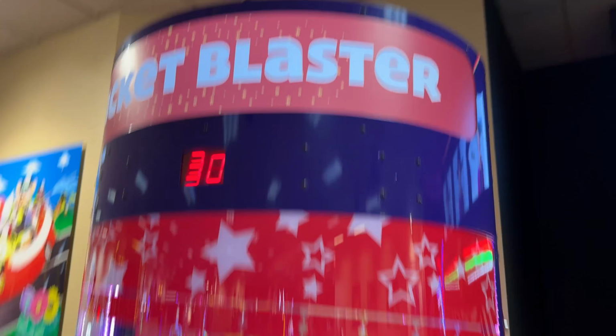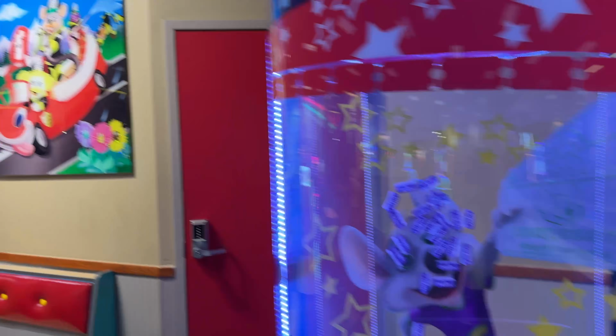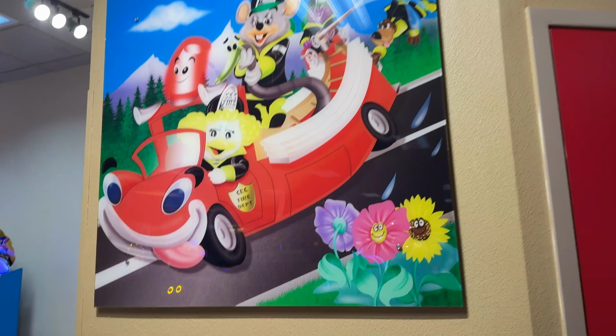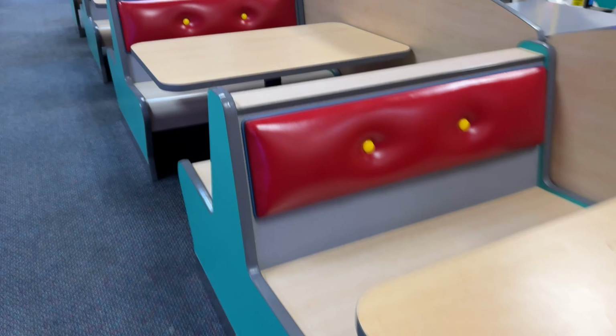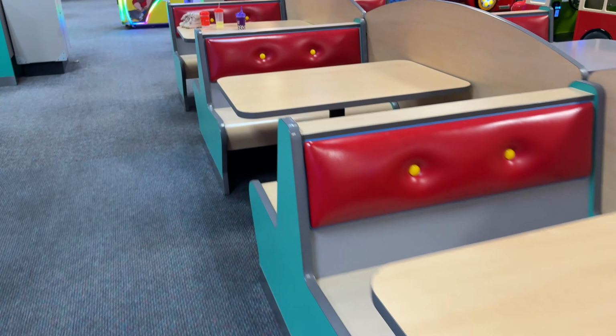And there's the top. Some of the Ticket Blasters are a mix of both the Avenger top and the Rockstar back, but this one is not. It has a full Rockstar. Then right there we have the kids fire truck piece, basically called that because of the designs of the characters that look like little kids. And then there's more booths on that side of the showroom, and now we're going to move into the kiddie